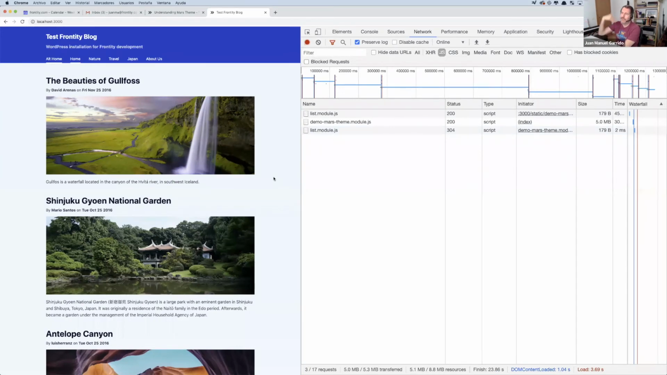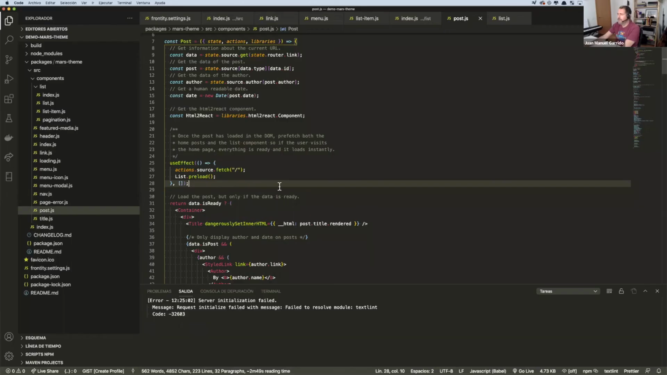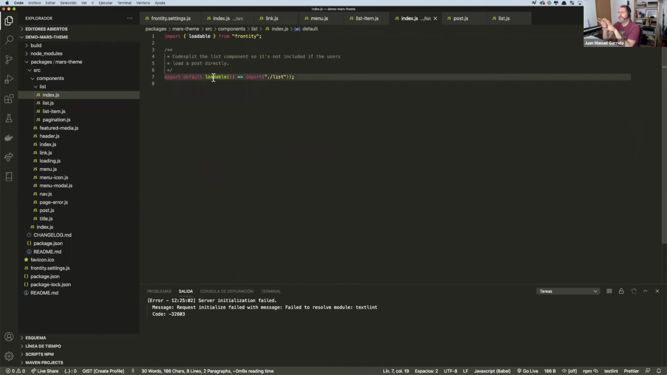We won't have to bring back that component because it's already loaded. But we can do that because we did this. Because we created a separate bundle, we can decide whenever we want to do that. And also the good thing about this